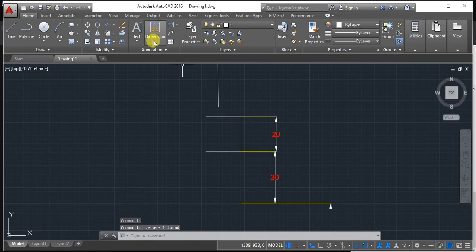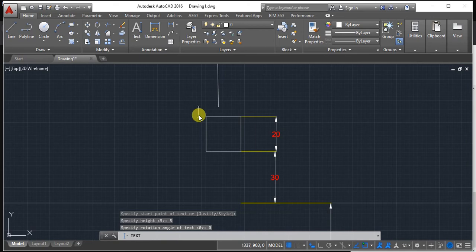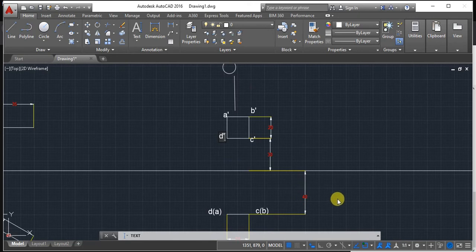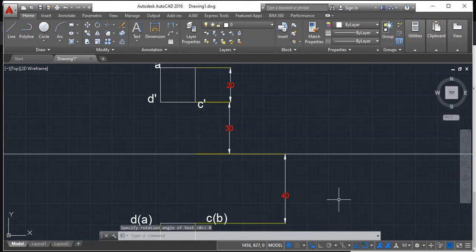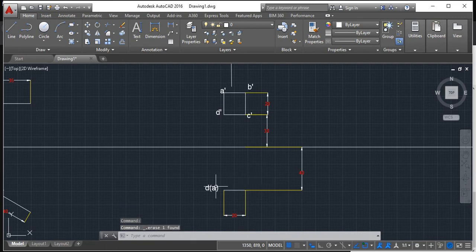And just going with this thing, which is A, B and all. Which is A dash. I'm just going in a clockwise direction: B dash, C dash and D dash. Can somebody tell which point is visible and which point is invisible now? A dash and B dash are visible. D and C are invisible. You have to just change the notations of this. That's it.